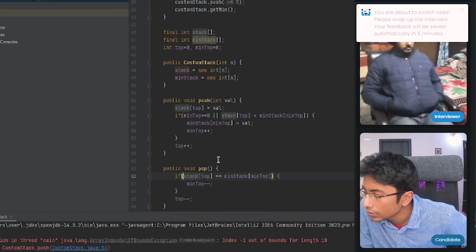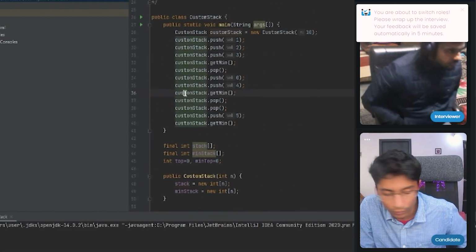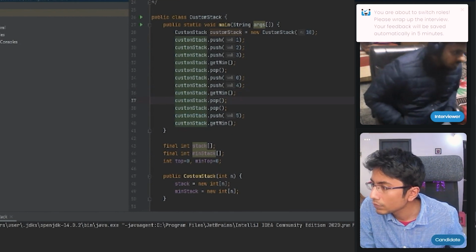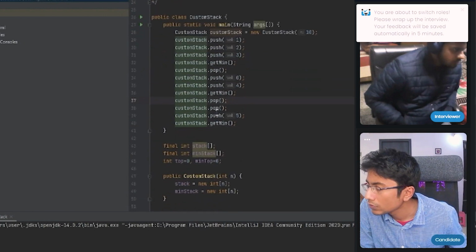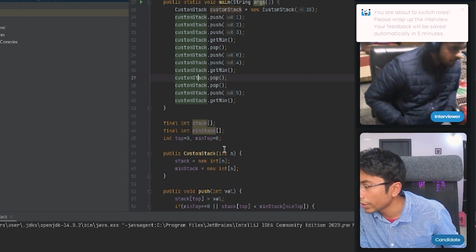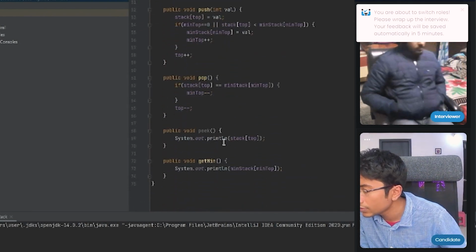So now let's just run this. Zero zero zero. Okay, that's a problem, because when is it printing? It's printing when there is get min.